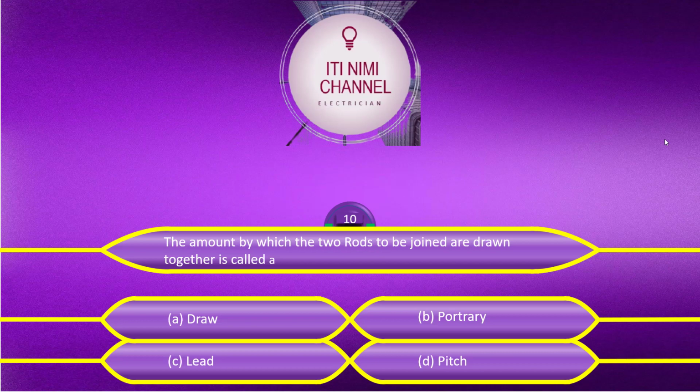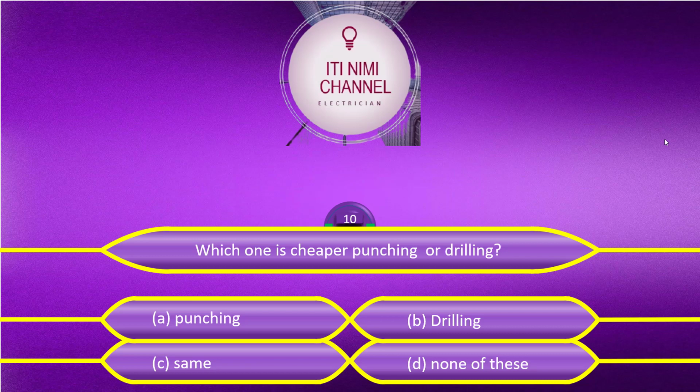The amount by which the two rods to be joined or drawn together is called a draw, portray, lead, pitch. The answer is draw. Which one is cheaper, punching or drilling? Punching, drilling, same, none of these. The answer is